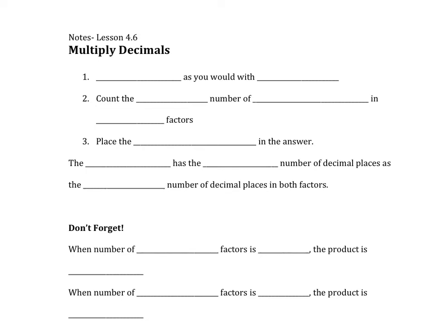Math 7, Lesson 4.6, Multiplying Decimals. The first thing that we want to do when we're multiplying decimals is to multiply as you would with regular integers that don't have decimals in them. And then secondly, you want to count the total number of decimal places